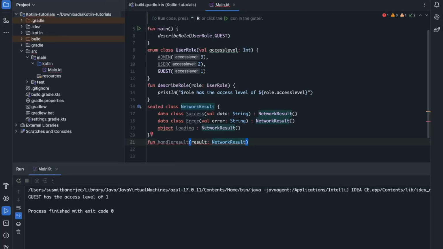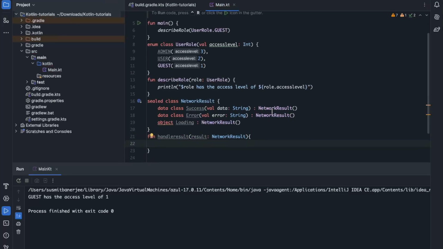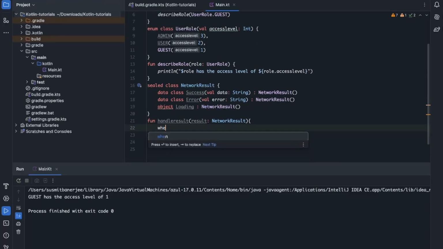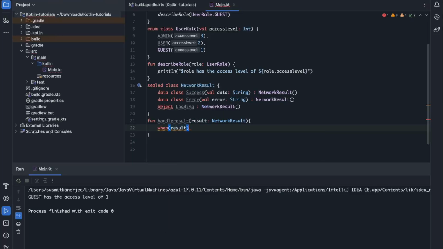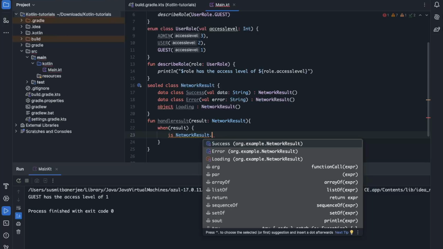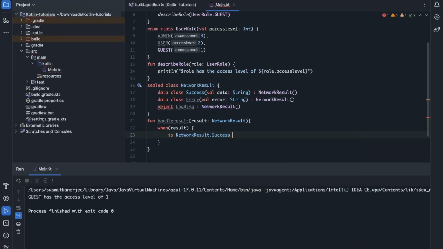Let's take result as network result because we declared that previously. Whenever we are checking states, we will go for when. In my previous videos I have told you how to use it. You can check that. Whenever you have multiple options to check, you can use this kind of when checking. So network result dot success,